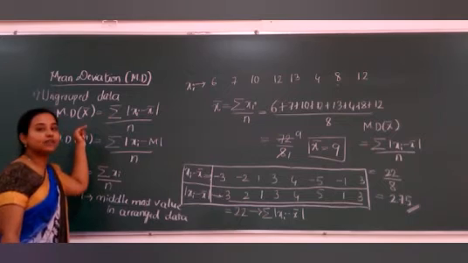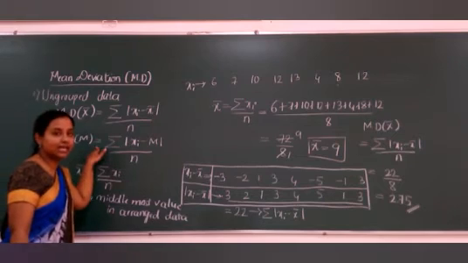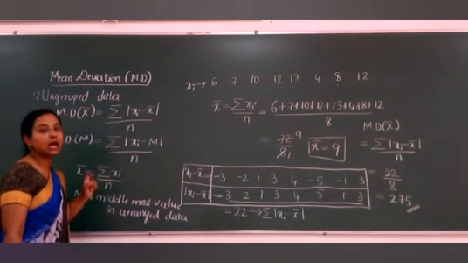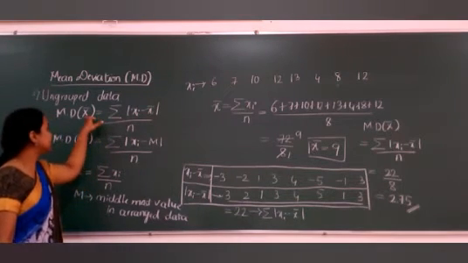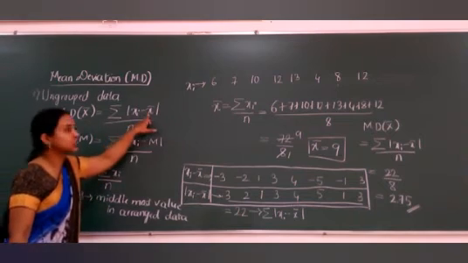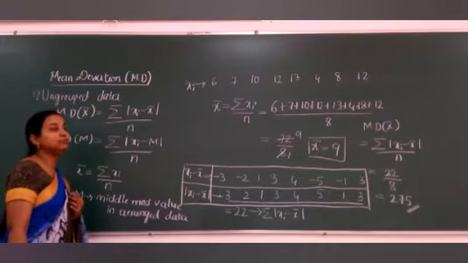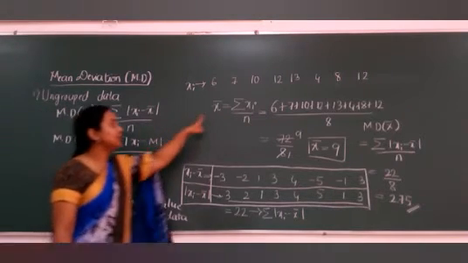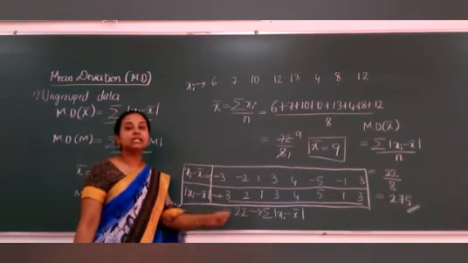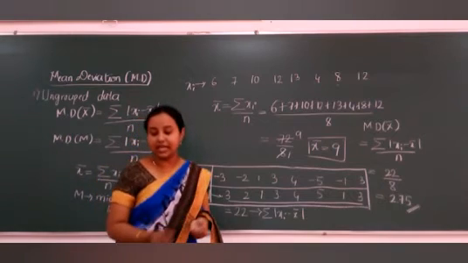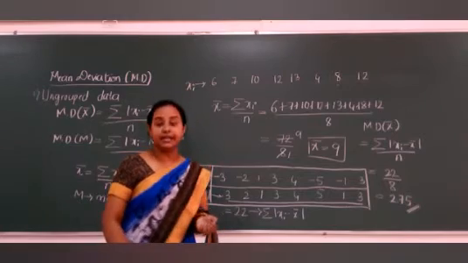Okay, so now let us go to our next problem wherein we will get to know how to find mean deviation about median using this formula. You might be seeing that the formulas are at the most the same. Here we have considered mean, here we consider median. In the formula also, instead of mean you are having median. So in our next problem, if we are considering median, then instead of mean you will calculate the median. After calculating the median, carry out the same process. Okay, so now let us consider one more problem wherein we will find the mean deviation about median.